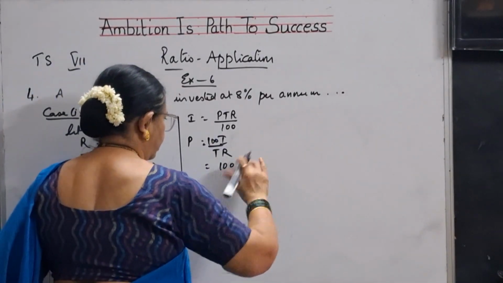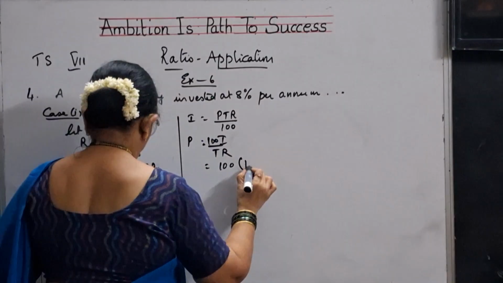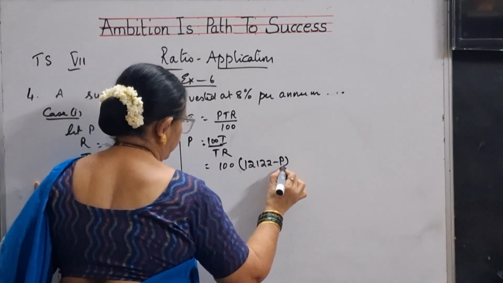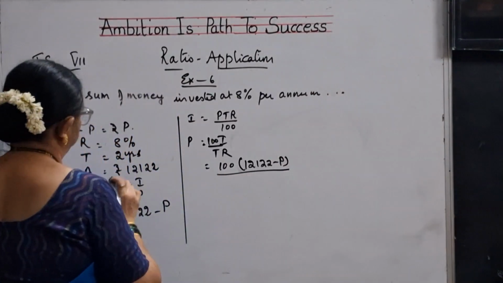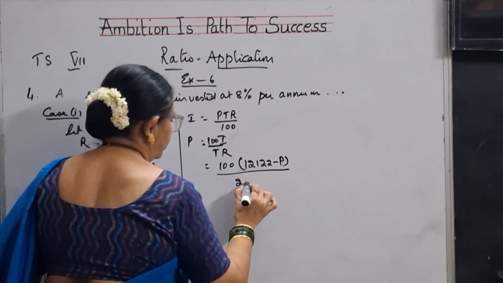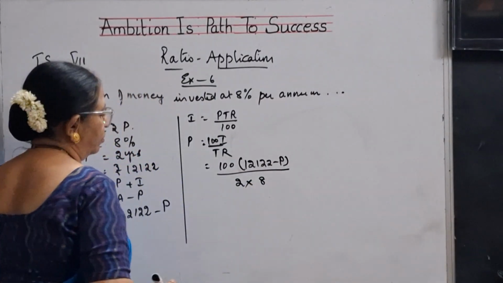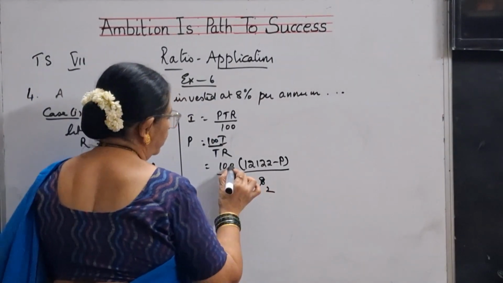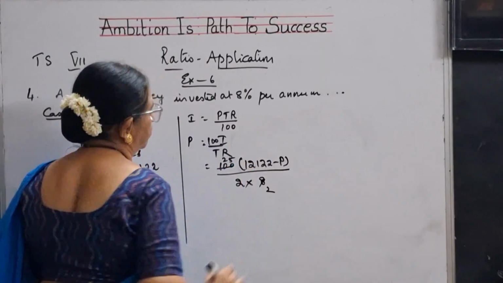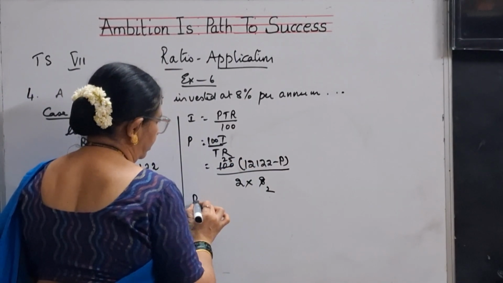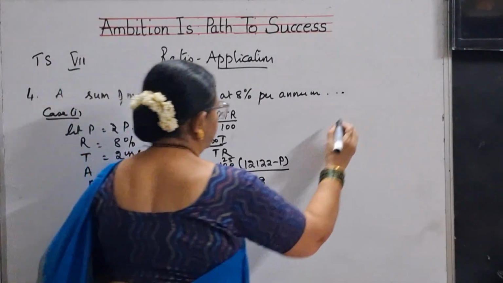I is 12,122 minus P, by time. What is the time? 2 years, into rate 8%. So 4 twos are 8, 4 twenty-fives are 100. So let me say it as P is equal to 25